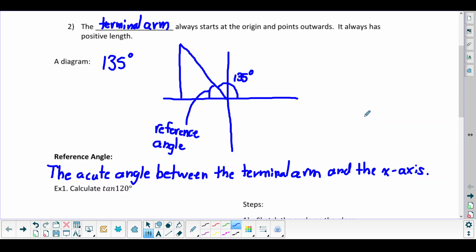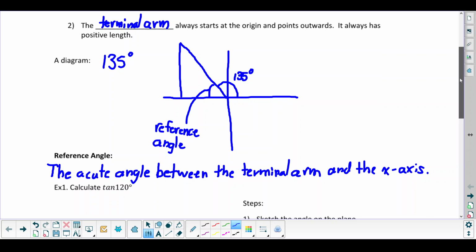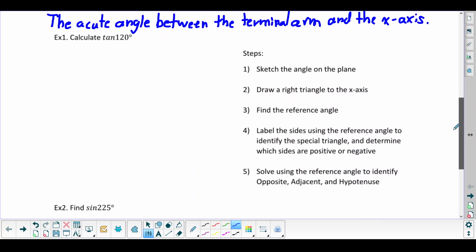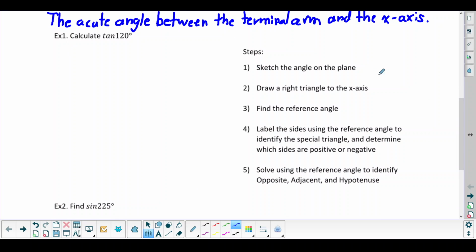All right. So let's see how we can use these representations to find the tan of 120 degrees. Here are the steps off to the side. These steps are specifically laid out for solving this question and questions like this, but we're going to do a couple different things throughout the unit. These steps are almost universal. There are some slight tweaks that will have to be made, but the process is very similar every time we do these kinds of questions. The first thing we want to do is sketch the angle